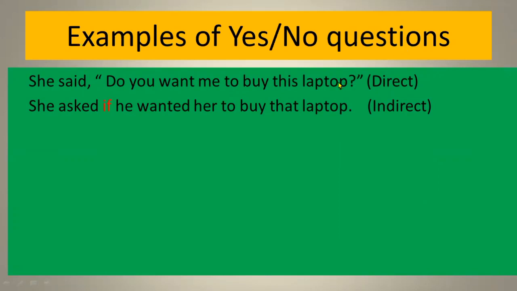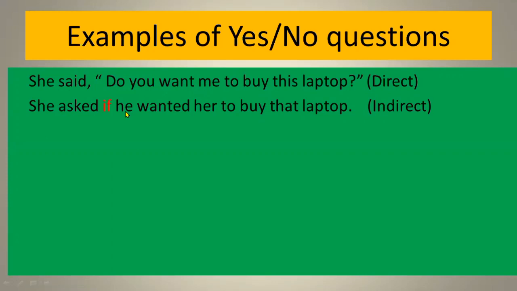The question is in direct speech in the first sentence, and the same question is there in indirect speech in the second sentence. Now look at the changes which have been brought about in indirect narration. The reporting verb said has been changed into the reporting verb asked. We have placed a conjunction if here,